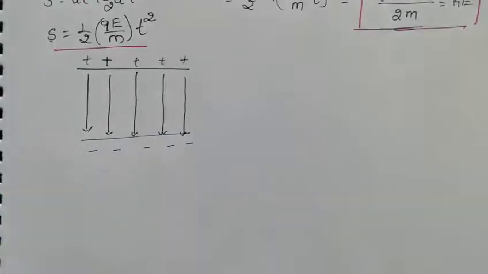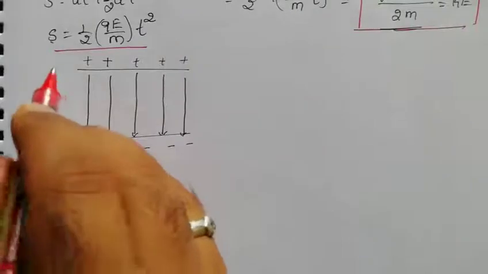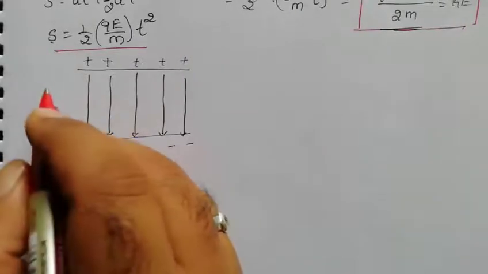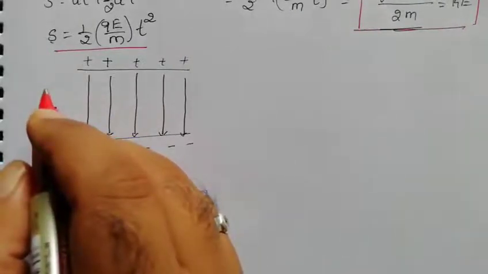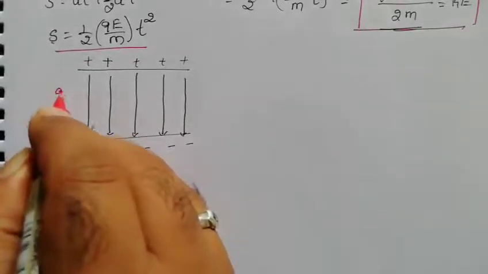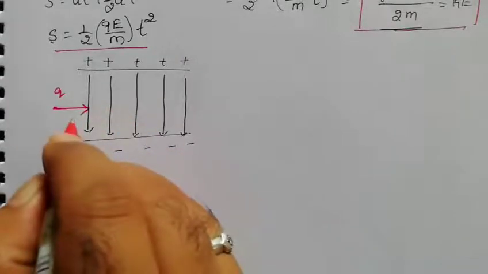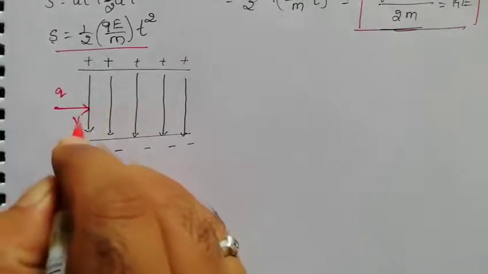Now in this case, what do we do? We take a charged particle. We are going to project a charged particle of charge how much? You can take a negative charge or a positive charge, left to your wish. So let us take a charge Q projected along the x direction with initial velocity, let me take it as v0.